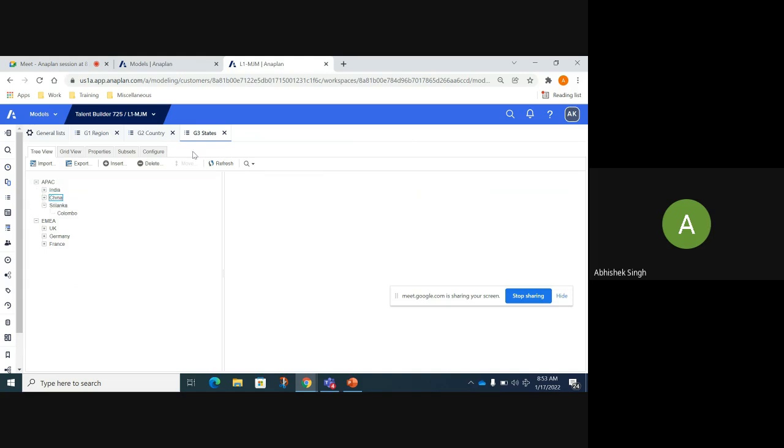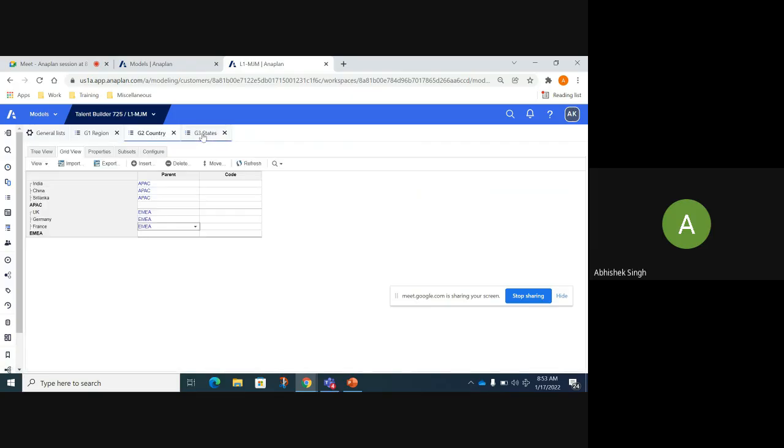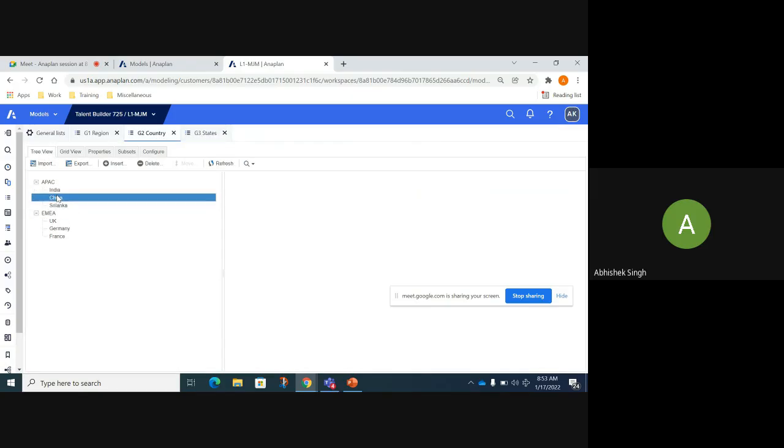So if I see the G3 states, this is how the view looks. If I go to G2 countries, the child will be only G2 country here, and I see it aggregated at APAC and EMEA. So if I ask you, what's the data in APAC? If you have the figures for India, China, and Sri Lanka, you will be in a position to conclude what the data is in APAC.